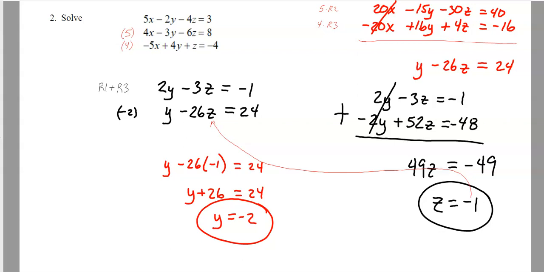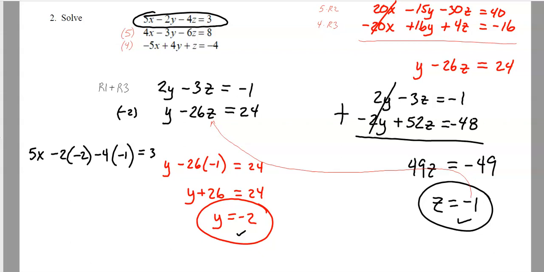Now I got to go back to my original equations up top here, and I need to plug in both of these values. So I'm going to choose this top row, and I'm going to go after x. So 5x minus 2y minus 4z